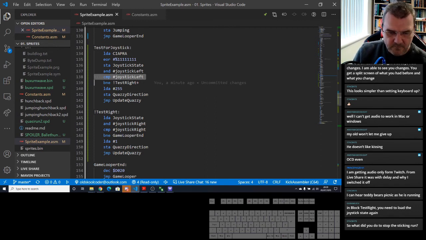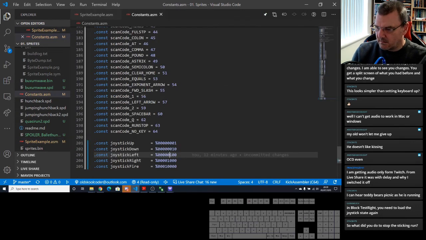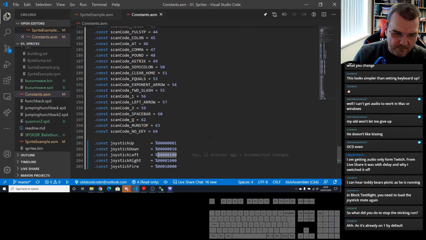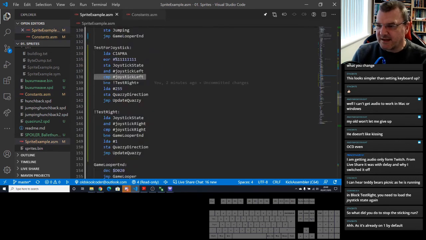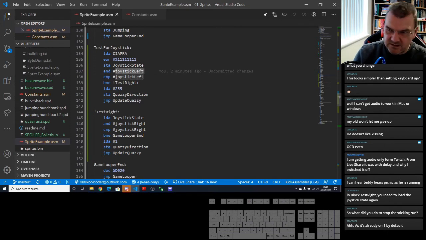Before we was branching if not equal to 0, and of course joystick left has the value 4 in it, and so it was failing all the time. So now what we do is we explicitly test with joystick left, so that the value would have been 4, which is left.